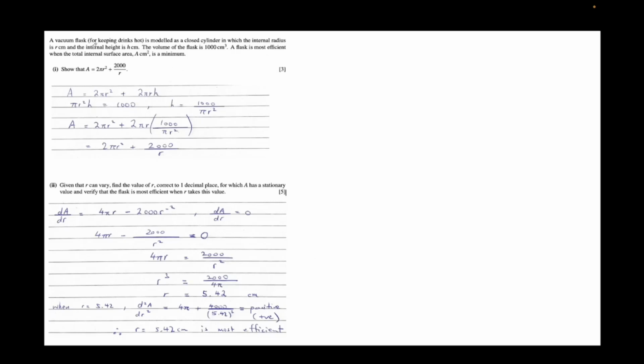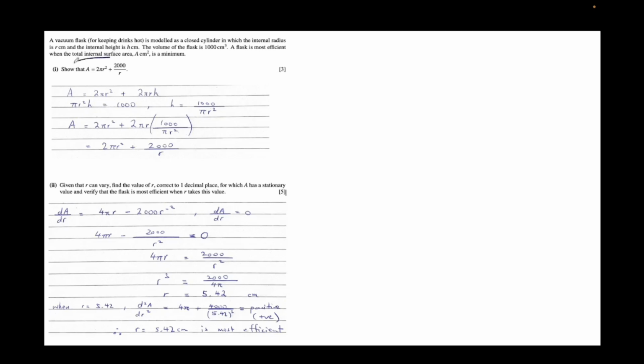So why don't you realize over here, when you read the question, I'll explain to you in real time how you go about showing that A is equal to this. All they want you to do is write down the equation proving that A, which is the surface area, the internal surface area, comes out to this particular sequence. So the best way to go about doing this is, even if you didn't know the numbers, you'd realize that